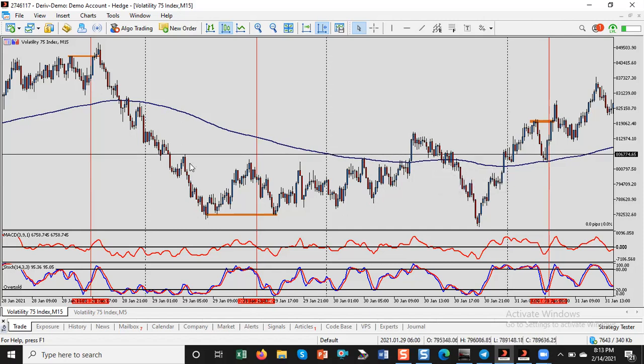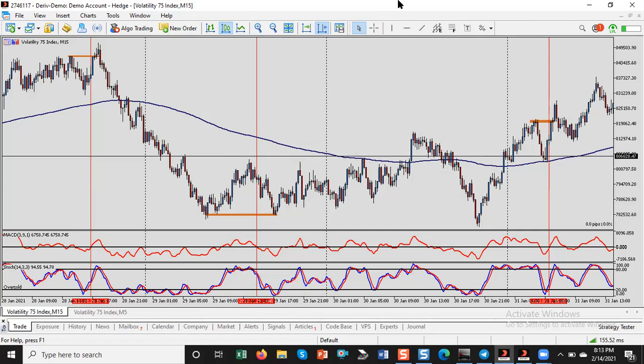We're only going to sell when there is a retracement below the 200 exponential moving average. And what are we looking for? When price is retracing, we're waiting for the stochastic oscillator to get to the overbought level, which is this level. And once price has gotten to that level, we'll also ensure that